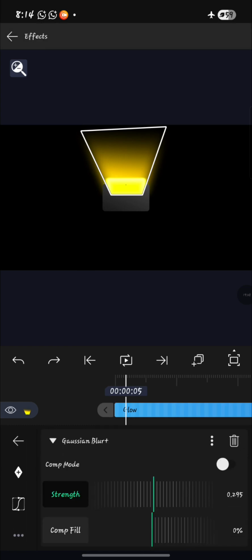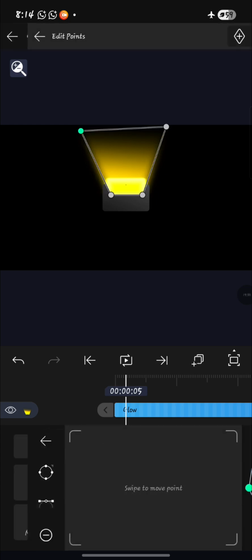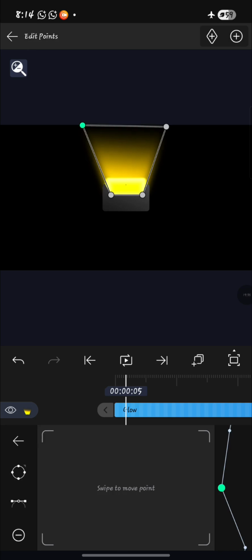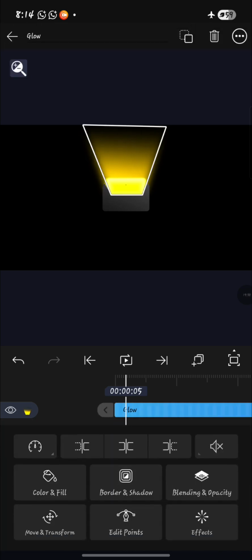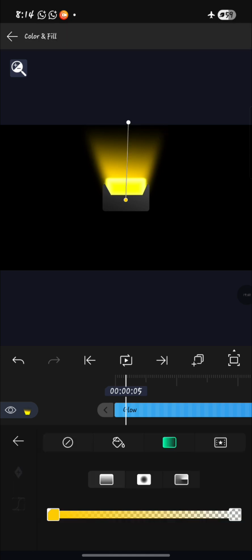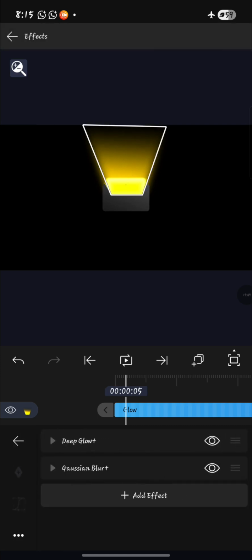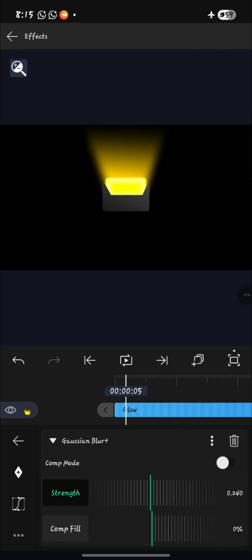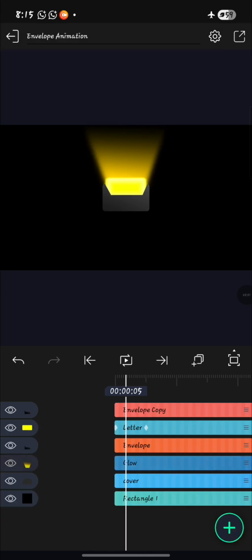Reduce the brush strength a little bit, and go to the color. All right, so I just want the effects to be subtle like this. All right, so we have it now. If I remove it, it's going to look like this, but it's not looking realistic, so I'll just add a little bit of, so this is 130, and now we can